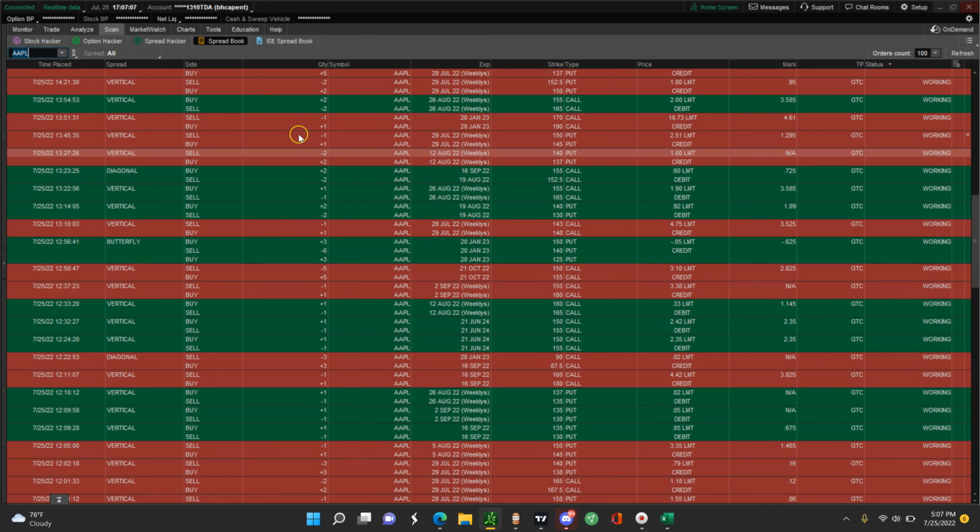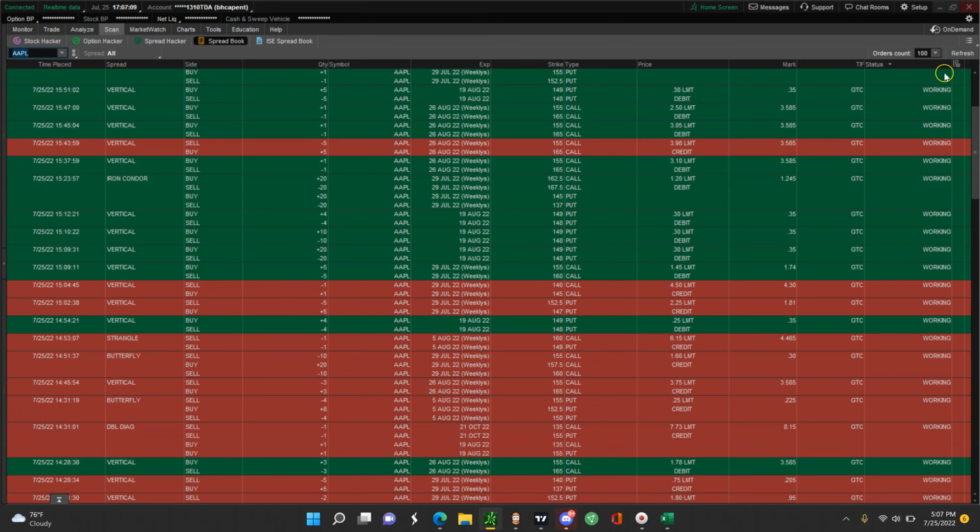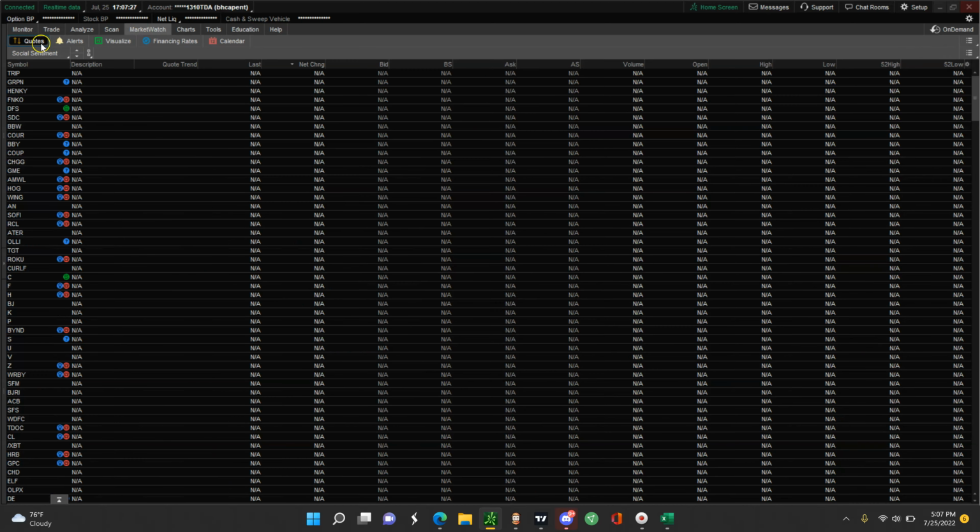But anyway, spread book. You can just kind of see what spreads are in here for Apple, and you can filter it by type of spread and things of that nature. So anyway, let's go to Market Watch. Market Watch allows you to